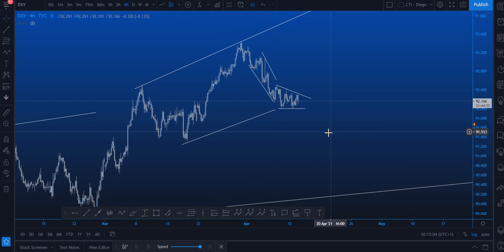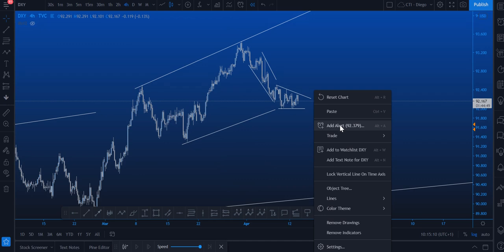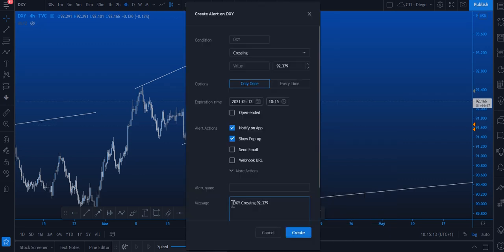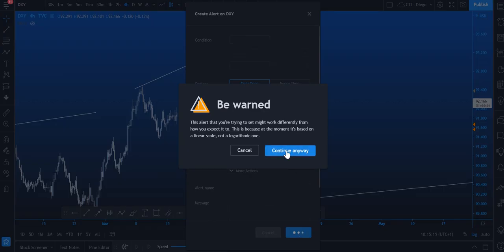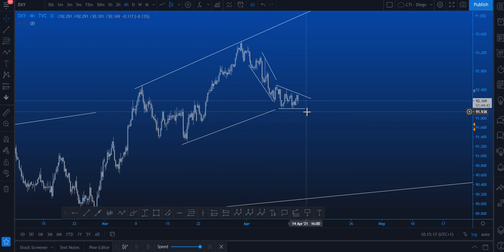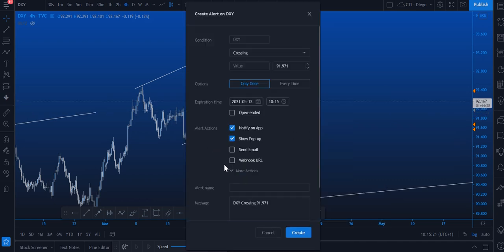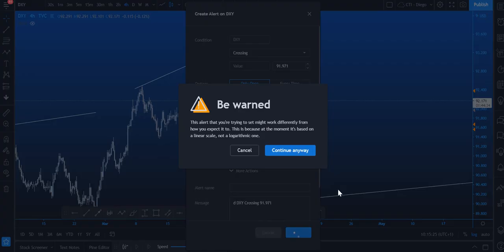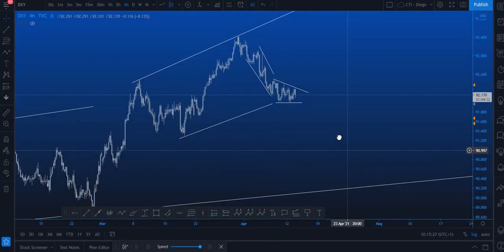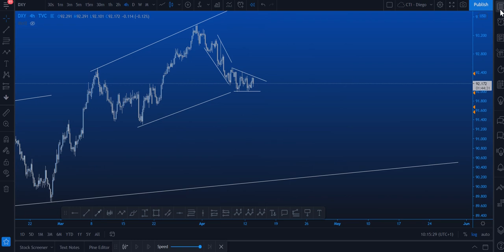So right now with DXY, there's some equal highs here. I'm going to set my alert approximately around here, so I can start to prepare a long potential and also a sell. But trading in the middle is just not worth it if it's 50-50. So we just need to remain patient. So that's the game plan for DXY. Next on the list is